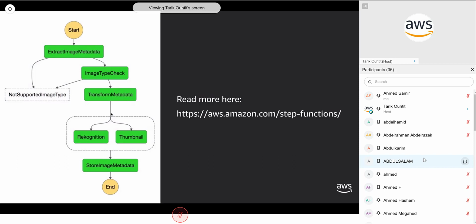Maybe run it through AWS Rekognition to find out what's in the photo. Does it have a beach? Does it have sunshine? Does it have a person? Are they happy? Are they sad? These are all things you can extract with Rekognition. Maybe I want to take a thumbnail as well. And then I want to take all of that, if it was successful, and store it in a database somewhere, maybe DynamoDB or RDS. So I could write this all in my application in Python or Node.js or whatever I want to use.